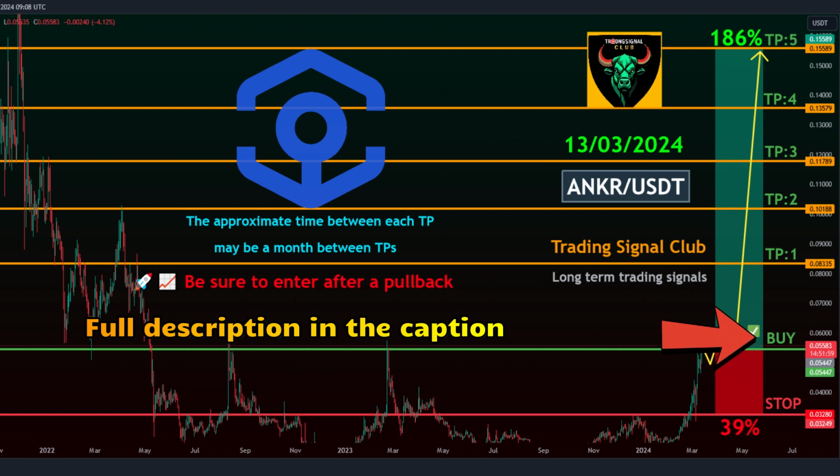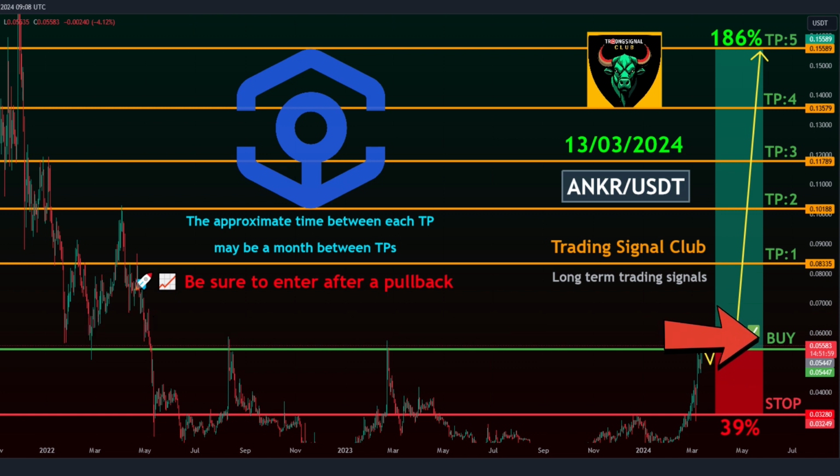Entry point, 0.05453 to 0.06031. Take profit targets. Target 1,